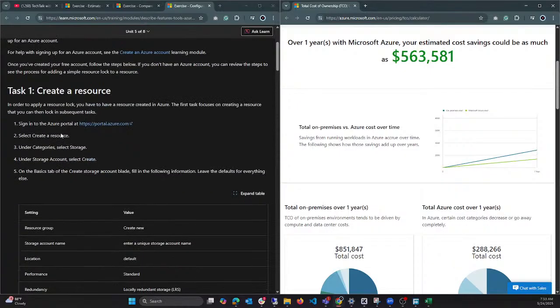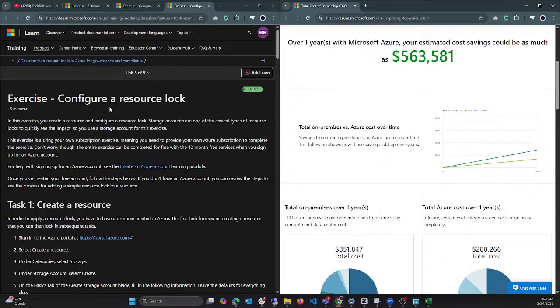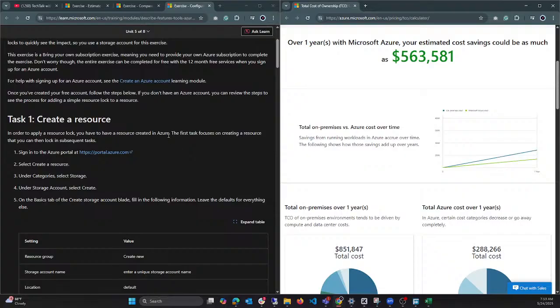So here, what we are going to do is log onto the Azure environment. There are two resource locks that we can configure. I've explained these. We can do the delete, or the edit. So if you want to prevent people from making changes, you can create a resource lock for that. And if you want to prevent people from deleting that particular resource, but they can make changes also, you can do that also. So